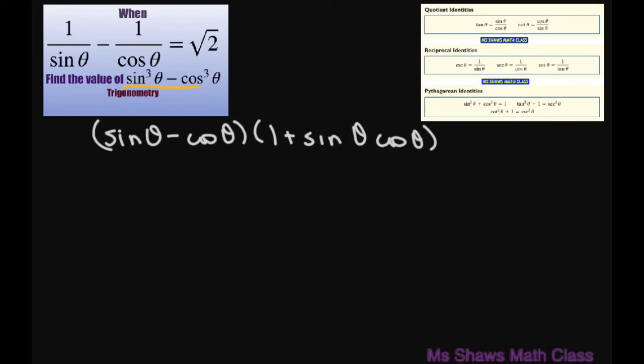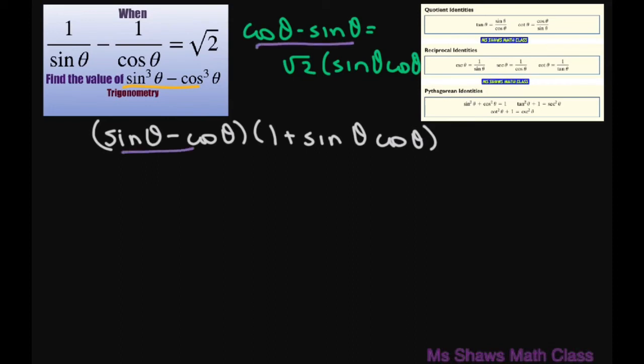Now our equation 1 was, let's see, what was equation 1? Cosine of theta minus sine of theta equals square root of 2 times sine of theta cosine of theta. Remember that. That was equation 1. This is reversed. So basically, to get this, I'm just going to negate both sides, and then this will give me